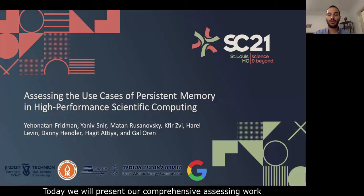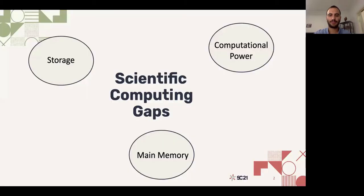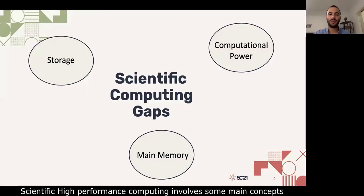Today, we will present our comprehensive assessment of the use cases of persistent memory in high-performance scientific computing. Scientific high-performance computing involves some main concepts of computational power, main memory, and storage. The advance in technology for each component is growing differently, creating significant gaps that impair the efficiency and fault tolerance